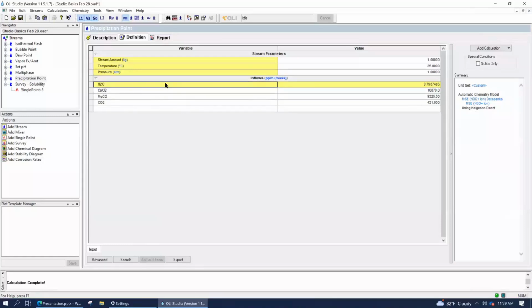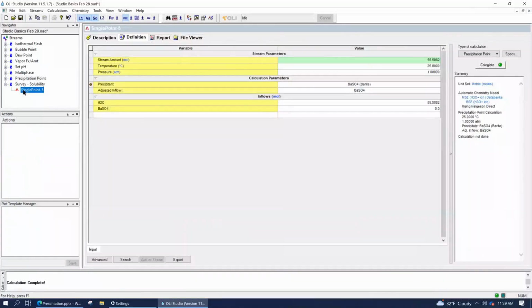We add H2O here, molecular flow. We don't know if that's going to be ice, a gas, or liquid until after we do the calculation. So that's why we make a point of saying inflows or molecular flows, because these are not physical representations. These are just materials that we're adding without knowing what their final state is going to be. It's an important point to recognize about OLI software. Molecular flows are not specific phases. Even if you say, I want to add barium sulfate, or I want to add salt to water, sodium chloride, of course it's a solid, but the software doesn't realize that until after the calculation.